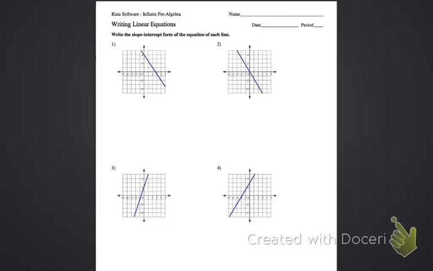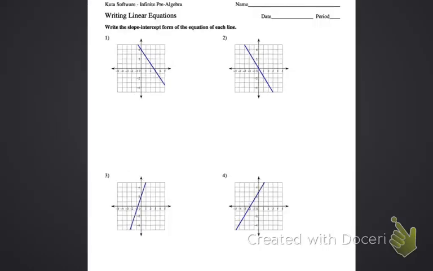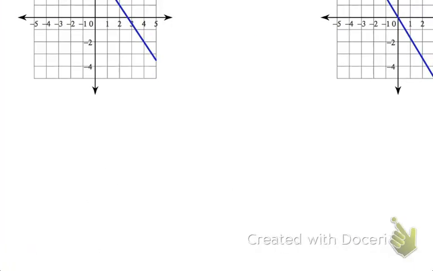First, you should have in your possession a handout that is two-sided. There are 4 questions on the front and back that says writing linear equations, and we're going to go ahead and investigate that. So I want to zoom in on number 1 here. So we'll go ahead and look at that. Number 1